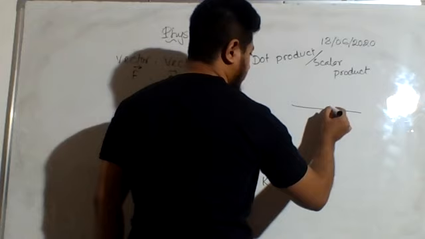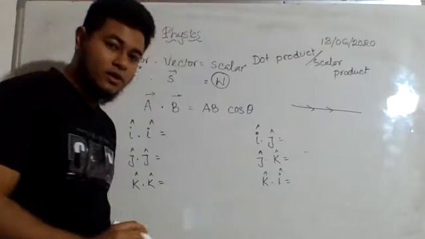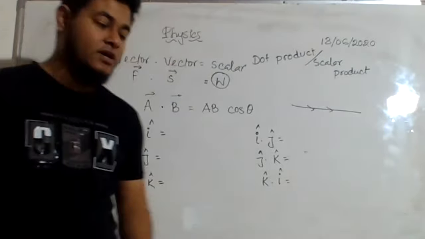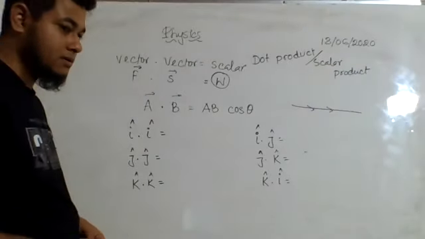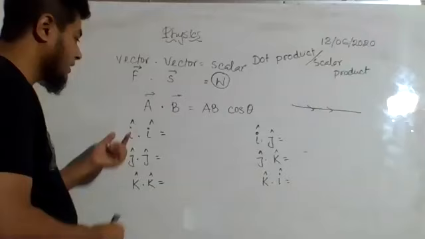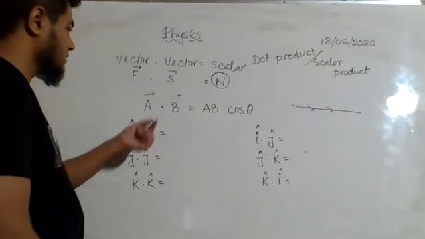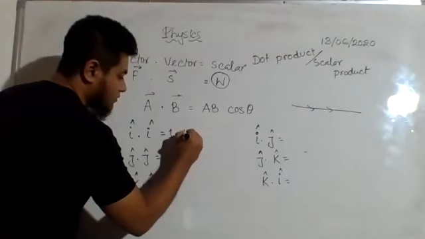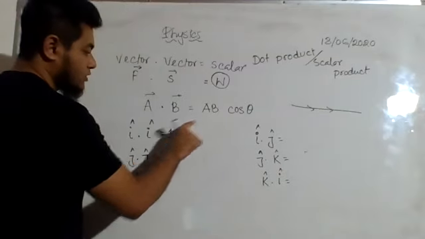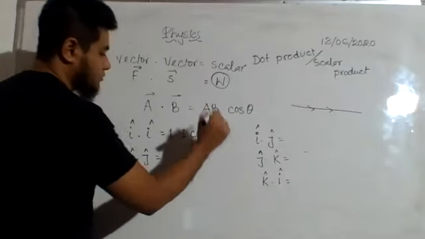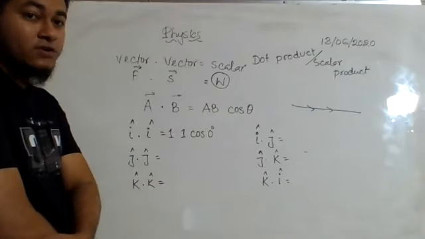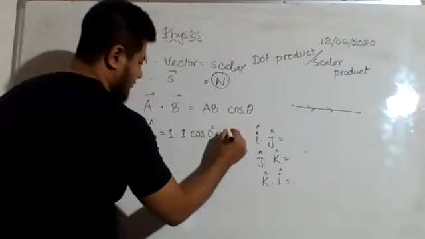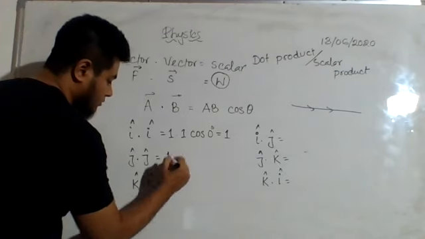If two vectors are on the same line, then what is the angle between them? Lamia? 0 degree. Now we know that they are unit vectors, right? So their magnitude, if I write it according to this line, we have to write the magnitudes of the two vectors. What is the magnitude of this vector? 1, because they are unit vectors. So 1, and for this i also 1. I have put the magnitudes of these two vectors, then cos of the angle between them, so cos 0 degree. What is the value of cos 0 degree? That is also 1. So 1 into 1 into 1 will give me the answer of 1. Similarly, j dot j is equal to 1, and k dot k is equal to 1.